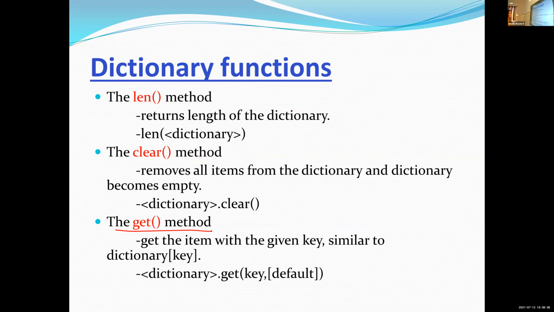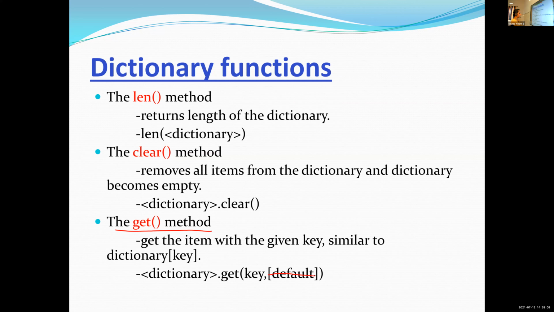If you want to access one value using a key, we are using this get method. You just write this one.